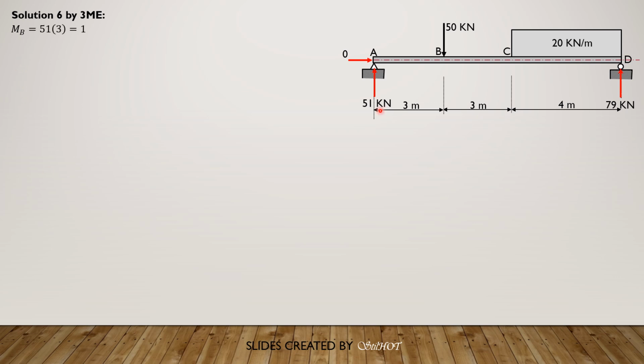So moment at B is 51 times 3, 153 kilonewton meter. This is moment BC. But moment BA is the negative of 153. Moment at C is 51 times 6 minus 50 times 3. Or you may look at the moment diagram by parts, then look at the net moment there. So it is 156 kilonewton meter. Moment at A and moment at D are all zeros. So apply the three moment equation in span A, B, D. So we select A, B, and D so that